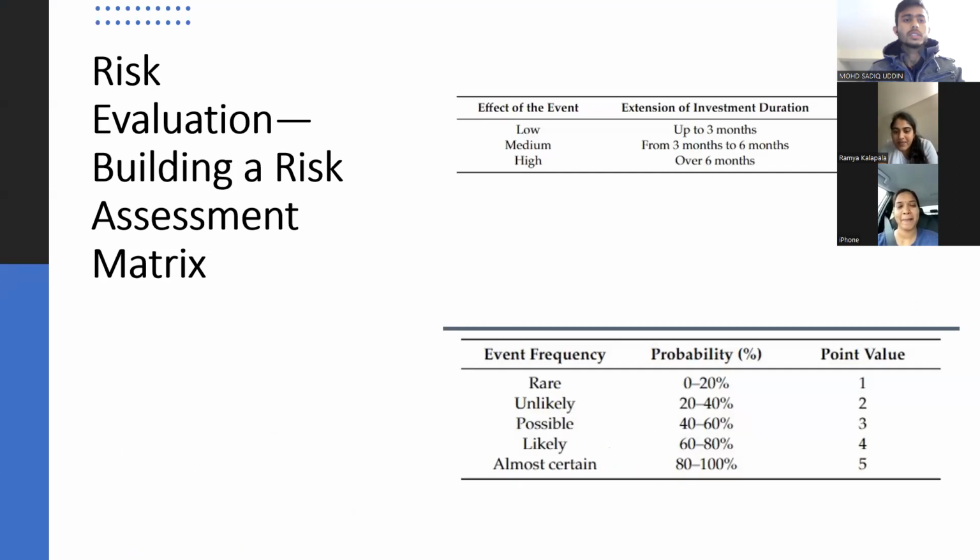We are going to see about risk evaluation, building a risk assessment matrix. Firstly, to start evaluating the risk, we must know what the risk is in the particular area. As of now, the methods which were discussed do not have the extra work in the process to find the risk. So the authors have found a way known as the matrix method, which was developed in order to evaluate and also to know the risk involved in an area.